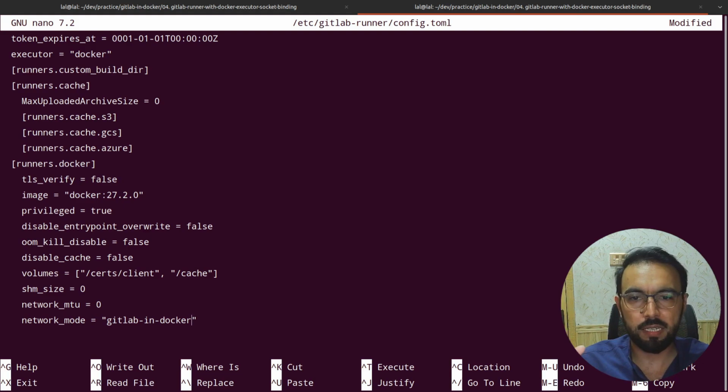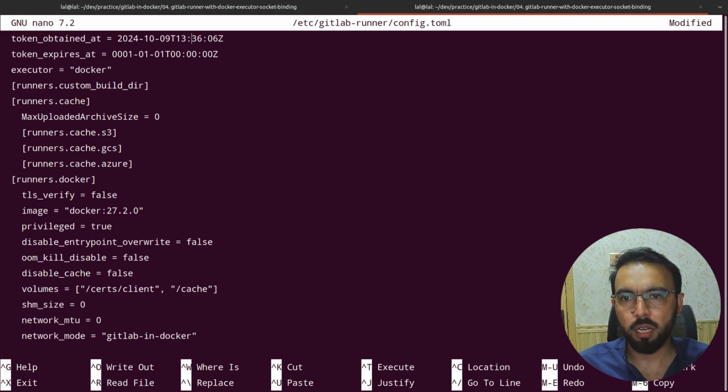So both of these containers, the job container and the GitLab server container, can get access to each other through the container name. And since both of these containers need to get access to each other through the container names, we also need to update the clone URL as well. So when we run the pipeline and the pipeline is trying to clone the project repository inside that container, that will also need to be updated